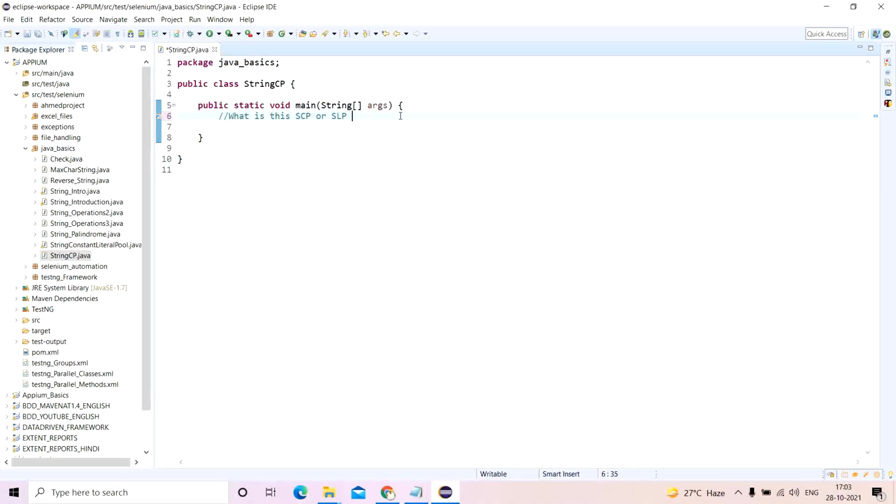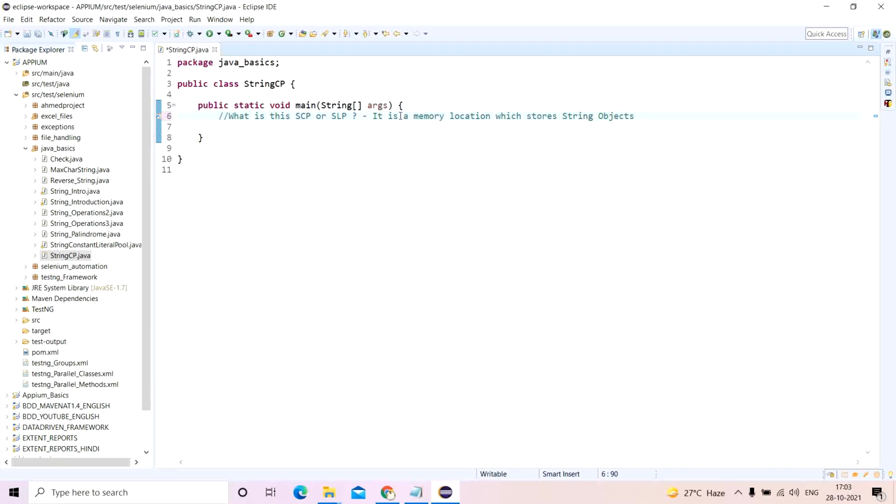It's the same, string constant pool or string literal pool, whatever you want to call it. The simple answer is that it is a memory location which stores string objects.